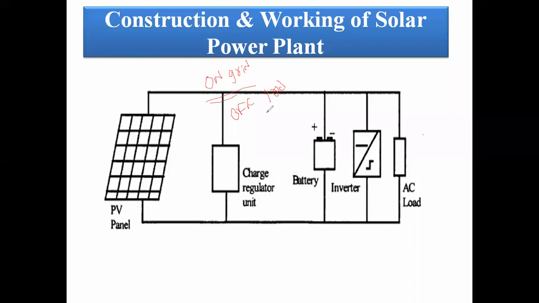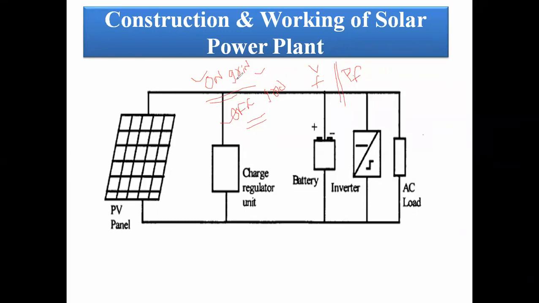In the off-grid mechanism, we can connect it to the grid with the help of the battery. In the on-grid system, without battery; in the off-grid system, with battery. In the on-grid system, they are synchronizing the parameters. Synchronization has three parameters: one is voltage, another is frequency, and the next is power factor. We match the grid voltage with the system voltage, grid frequency with the system frequency, and grid power factor with the system power factor. Once we match these three parameters, we can directly connect it to the grid.